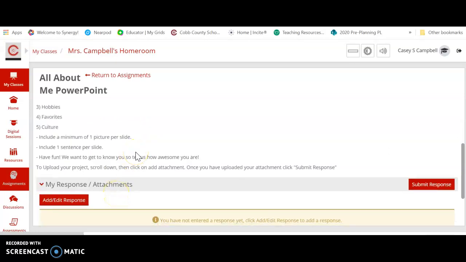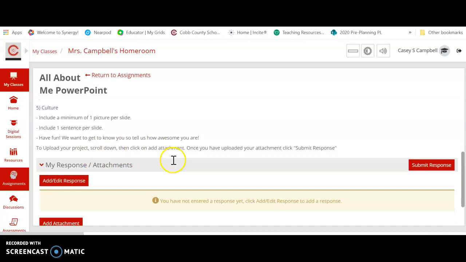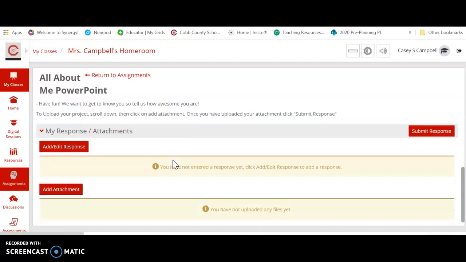I might have uploaded some documents to help with the assignment or to give more information. Those will be down here as well if there is some. So when you want to upload your assignment onto Ctls, what you're going to do is you're going to add